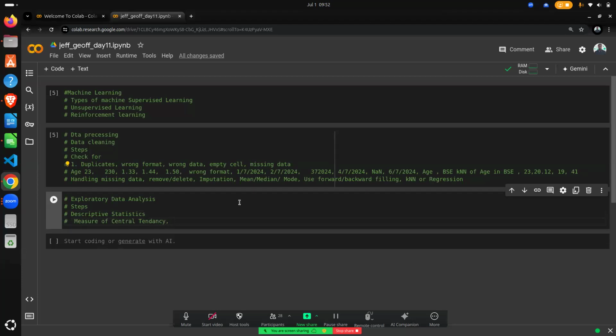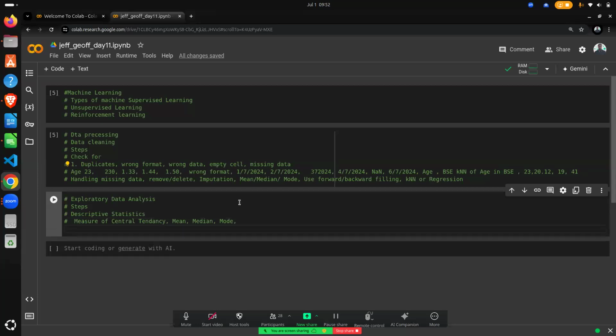Okay, let's look at the mean, median, and mode. We are going to have it in our next example, all these things logically. Then we can also look at measures of